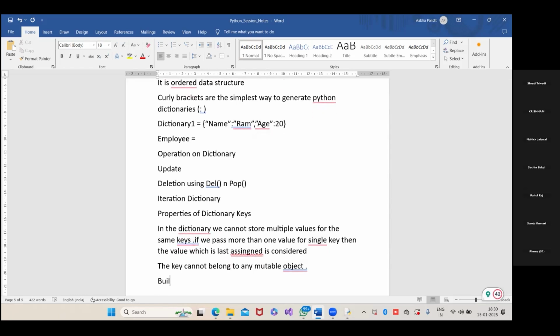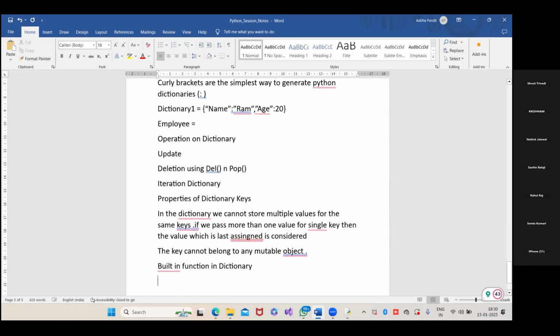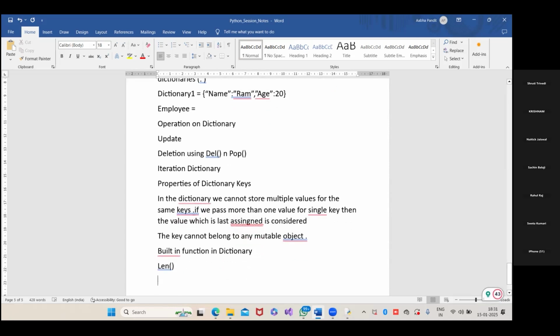Okay, there are certain built-in functions. The very first is len. So dictionary length is returned via the len function. If you want to calculate the length of any dictionary, you can use the len function. Then any. Any is basically, it returns